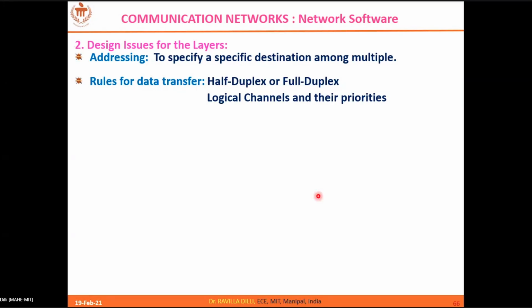Next is logical channels and their priorities. Logical channels are divided into control channels and data channels. Control channels are used to transfer control content like connection establishment and connection termination. If there are any connection failures, you use control channels to handle all the content related to this.